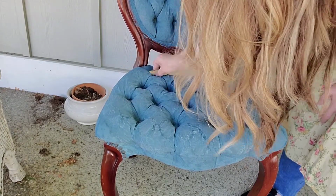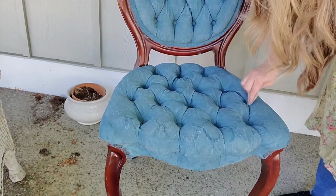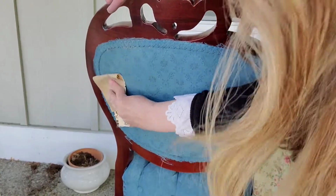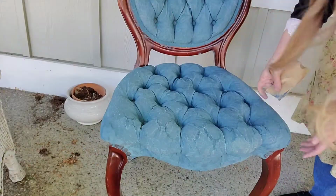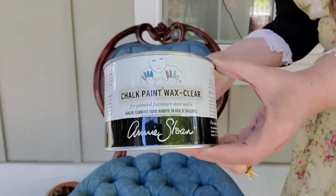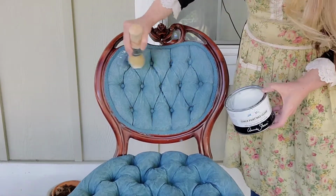My camera turned off, so I wasn't able to record when I was rubbing down this seat. You only want to rub it really lightly and then take your hand and feel it afterwards to see if the fabric feels soft. So now I am taking the clear wax and the wax brush, and I am brushing